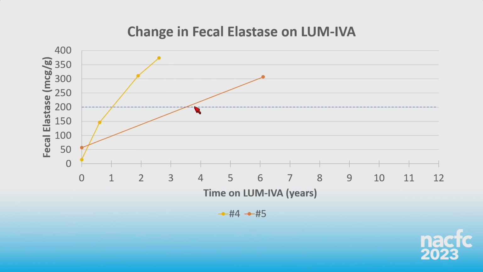Patient number 5, I believe he's the oldest patient reported to date who recovered pancreatic function on Lumaiva. He started on Lumaiva at 12 years, 2.5 months of age, and was discovered to have pancreatic recovery when we were transitioning him to ETI and we were preparing his files. He had just turned 18, and we were still waiting for the funding approval to come through when his elastase result came back at 307. It was at his graduation clinic that we recommended that he stop his PERT, and I do not have any follow-up data on him.